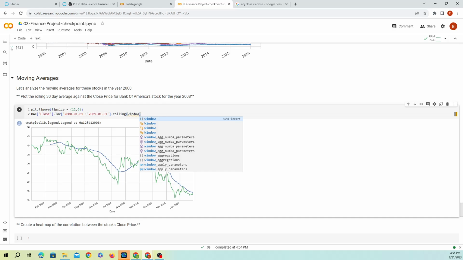So we're saying that we're going to roll 30 days, or in this case they're days, right, of data, and we're going to calculate the mean of it, and we're going to place that in our plot. So for each day, we're going to calculate the 30-day window, and then we're going to label it as 30-day average.